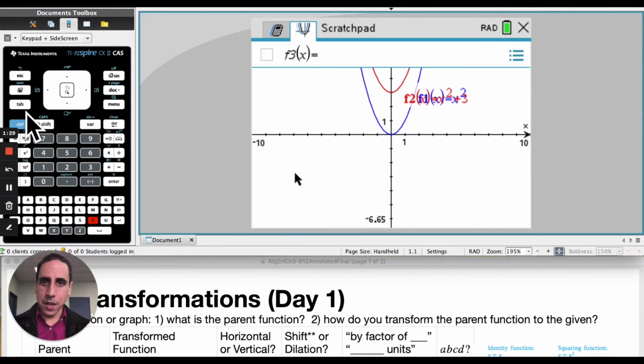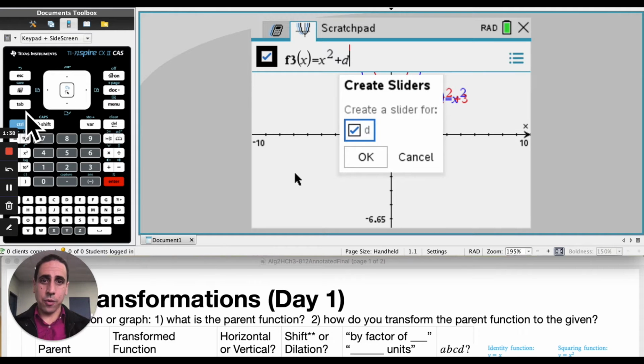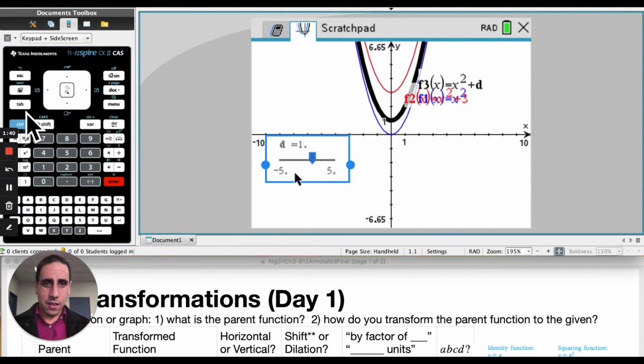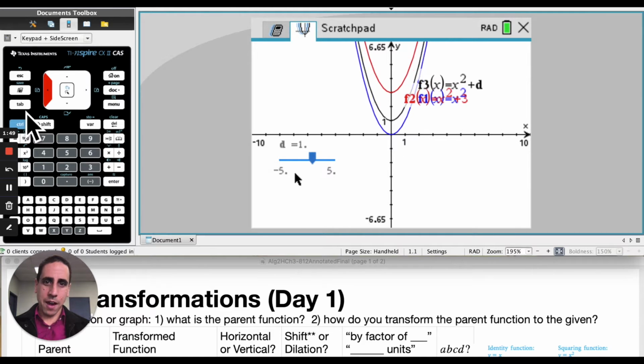Hiding the table again, I'm going to do a third equation, x squared plus d. And it says create a slider for d. Yes, I want to do that. So you can see here the third function has x squared plus d, and if I press escape, then I can move left or right with my arrows, changing the value of d. When d is equal to 0, it's identical to the original parent, which is just x squared. And then if I go right, right, right, and d is equal to 3, then it's on top of the